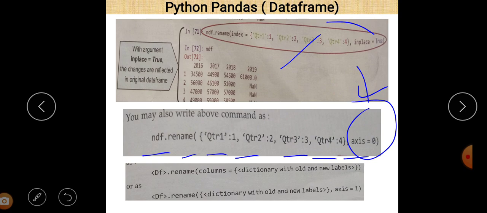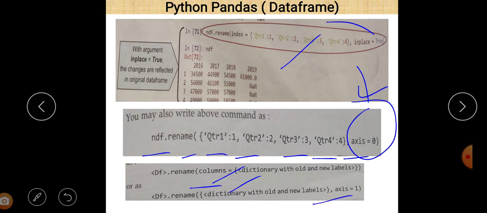So next you can easily see df.rename, and if you want to change the column names, then you can put columns as a parameter here. There are two different syntaxes of this: using columns as a parameter value, or using axis, mentioning axis is equal to 1.